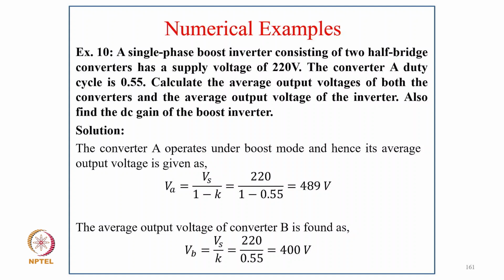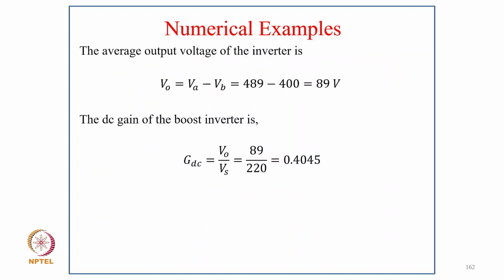Converter A is operating in boost mode, and hence its average output V_A equal to Vs upon 1 minus k, so it comes 489 volt, and the average output voltage of converter B is V_B equal to Vs times k, that comes 121 volt, and the average output is V_O equal to V_A minus V_B, that comes 368 volt, and the DC gain of the boost converter G_DC equal to V_O upon Vs, that comes